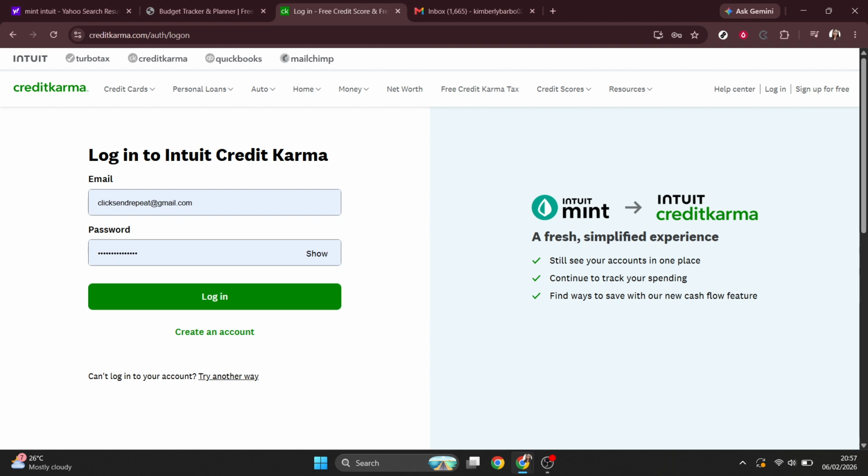After the password is changed, it's a smart idea to make sure you store it securely, especially if you use a password manager. Also, if you're signed in on other devices, you may need to log in again using the new password. And that's all it takes to change the password on your Mint Intuit account. Follow these steps carefully,